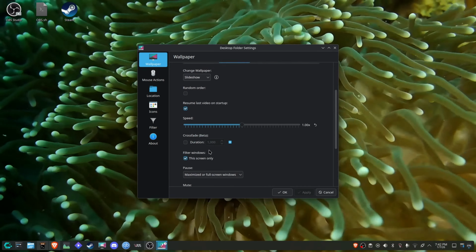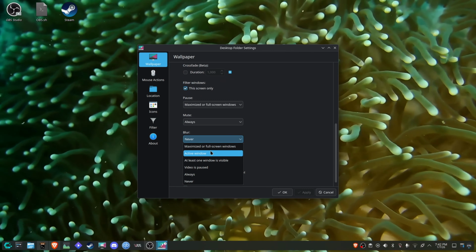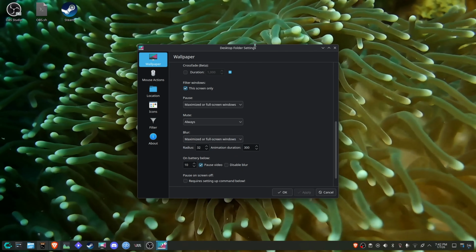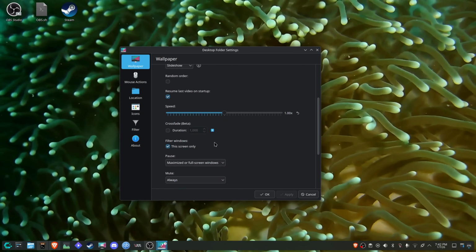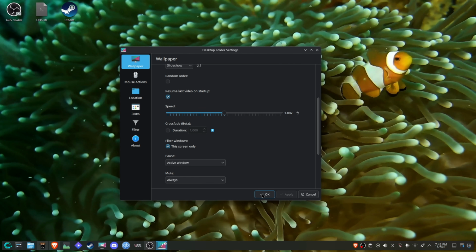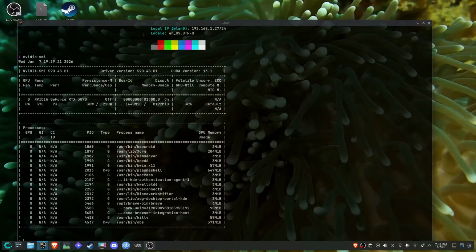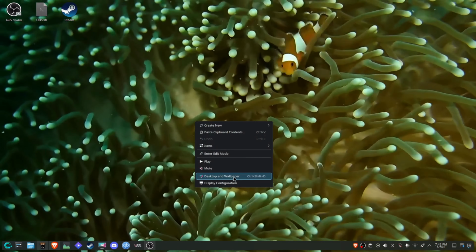Okay, we can also set some other settings as well, like when it will pause, we can blur the window. So let's see when we can blur the window. It is currently at maximized or full screen windows, and also if we check other settings like pause the wallpaper, we can do this. Let's try with the active window. And okay, so whenever there is a window active it will pause the wallpaper, but I don't want that because